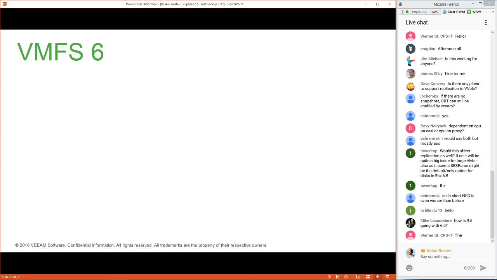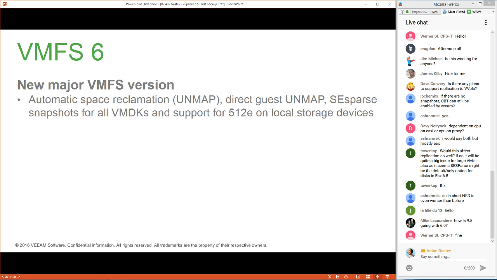New, really major release. Lots of new features there. To me, most important is unmap related. So you can do both arrays can do unmap and direct, and unmap can also be performed from